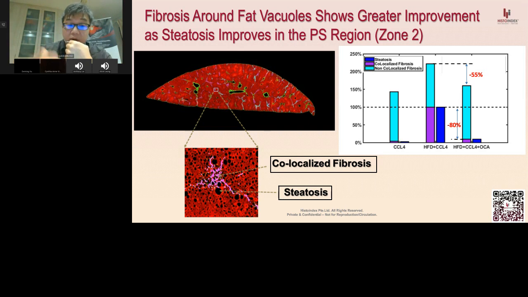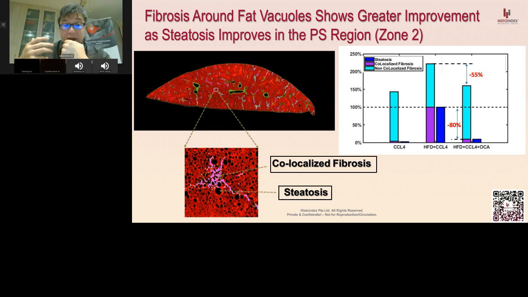And conversely, those collagen fibers that are outside the steatotic area, or outside all these fat vacuoles, we label as non-co-localized fibrosis. So within a tissue itself, you have both co-localized and non-co-localized. As you can see on the bar chart on the right, starting with the CCl4 positive control group, it is showing almost all the fibrosis in the PS region, zone 2, is non-co-localized. Of course, because there are no fat vacuoles in it, they are all CCl4, so you don't get any co-localized fibrosis with steatosis. But then in the middle, the HFD CCl4 animal group, that's where there's an introduction of high-fat diet,